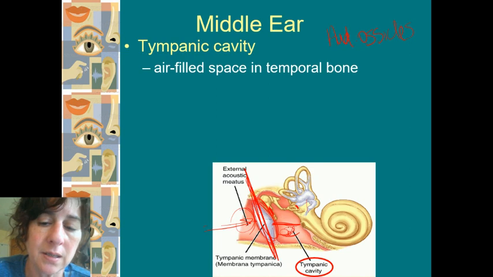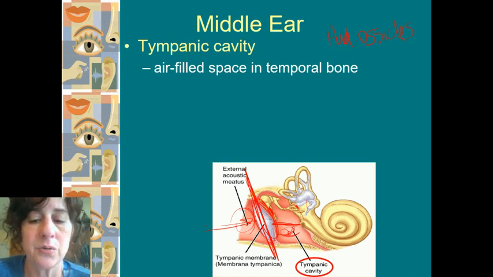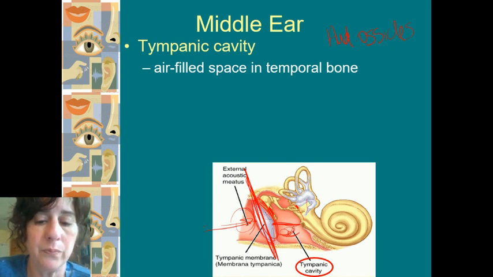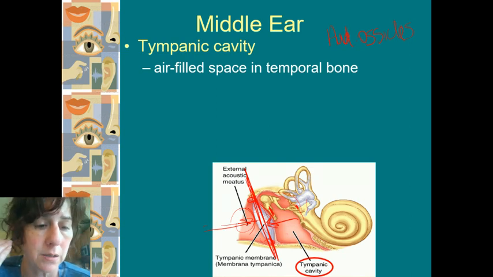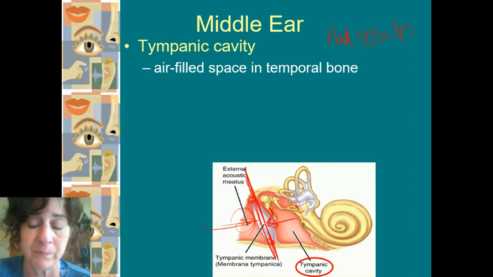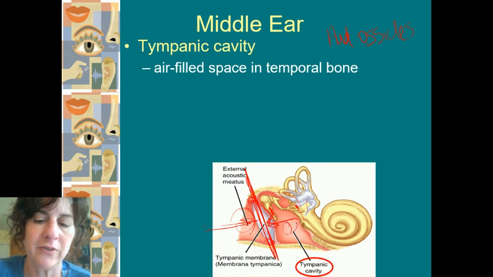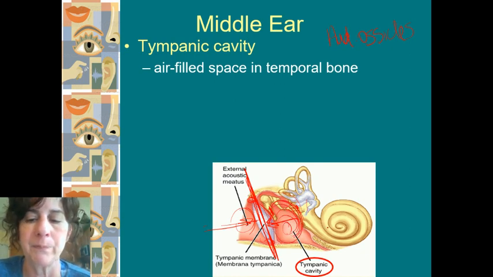And what it's going to do is it's going to start filling up. And when it fills up with the fluid and it fills up with the infection, it's got to go somewhere. And this is all bone right here. There's nowhere to go to put pressure except to put the pressure back on that tympanic membrane. And what you'll see is that tissue gets pushed out backwards this way towards the external. The skin tissue, the epithelial tissue around it gets inflamed and swollen, and that's what the doctor can see when they look inside and say you've got an ear infection, is because of all of this fluid and infection that's actually in this area in here.